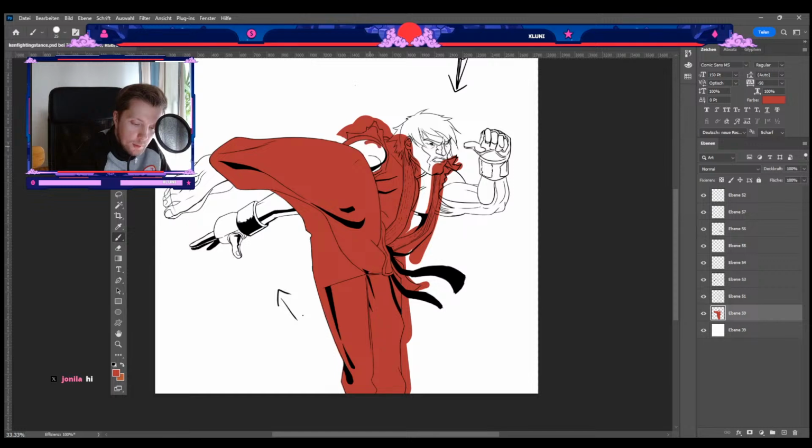So what we're doing right now, oh, I'm actually messing this up because this part is still skin. It's just this deltoid muscle, which makes this sharp corner. So this is not red. This part, which is white now, through my eraser, is actually skin tone. So then you have the rugged suit of his. And I still have no idea what I'm going to do